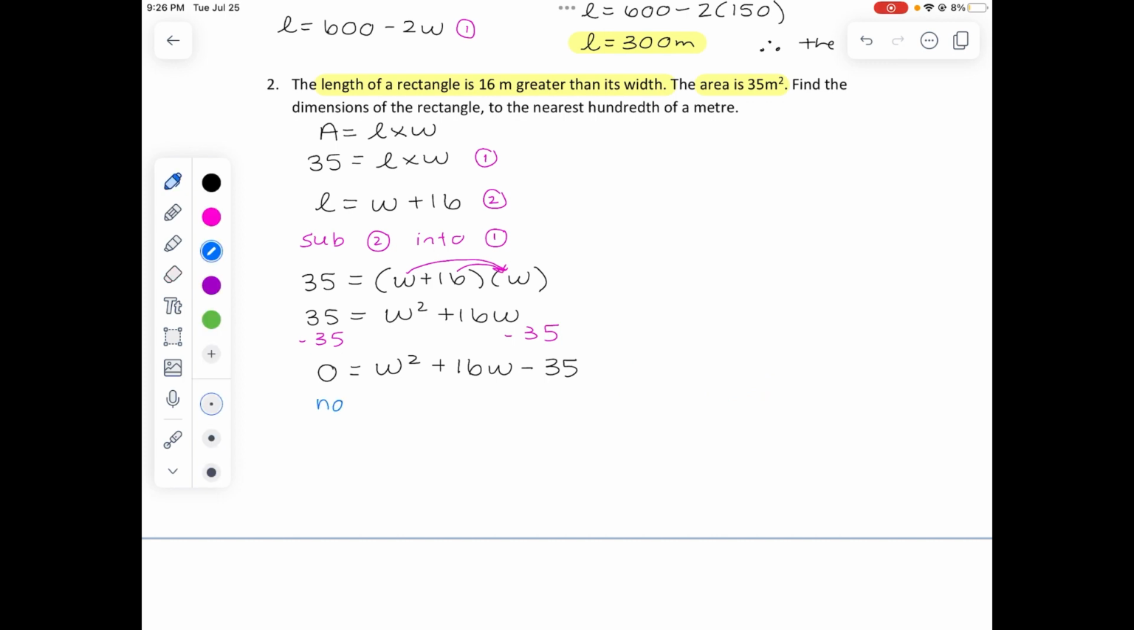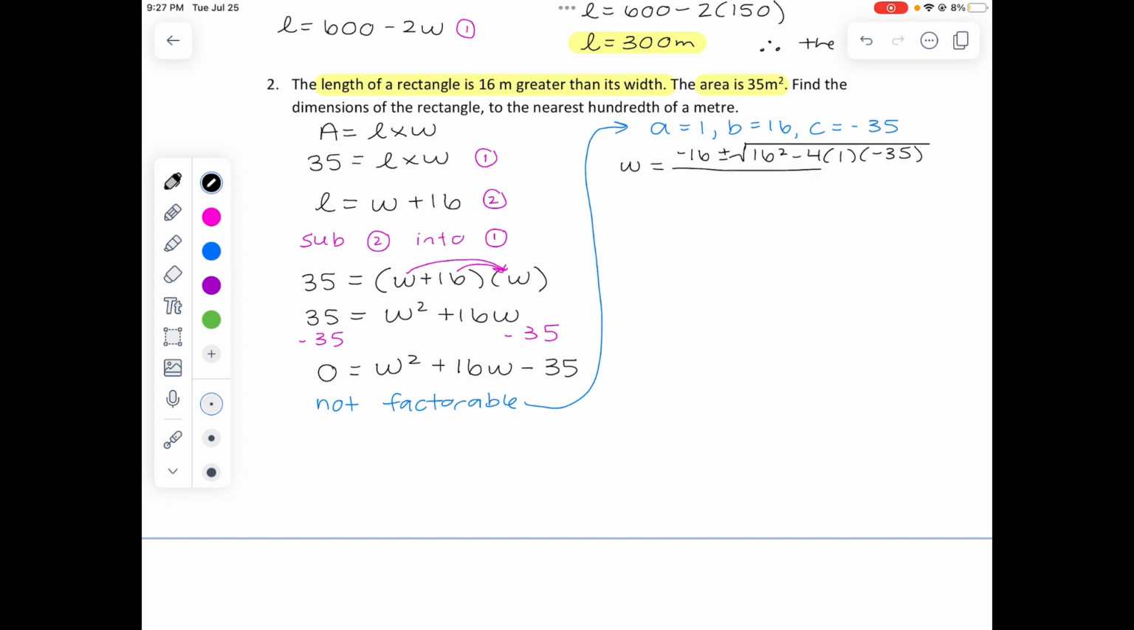Okay, so we are unable to factor. So I'm going to go up over here and do my quadratic formula. Okay, so A is 1, B is 16, C is negative 35, and then now I'm just going to use my quadratic formula to solve. We always write x, but in this case you technically should write w, because that's the variable that we're solving for. Equal to negative b, so negative 16 plus or minus the square root of 16 squared minus 4 times 1 times negative 35,